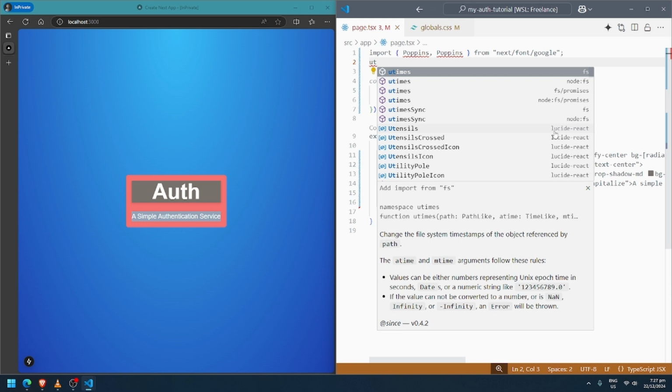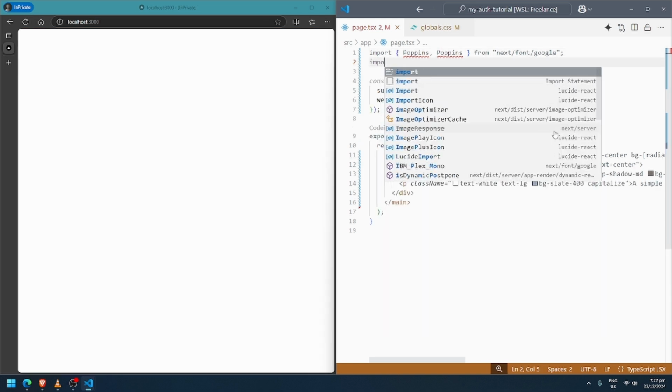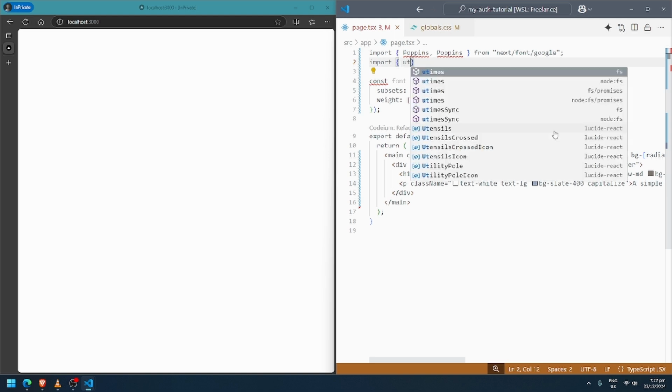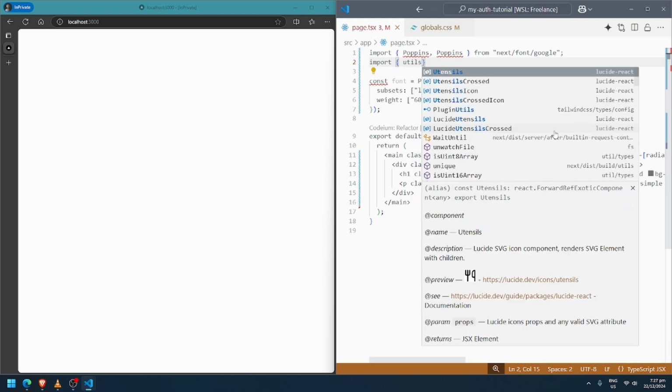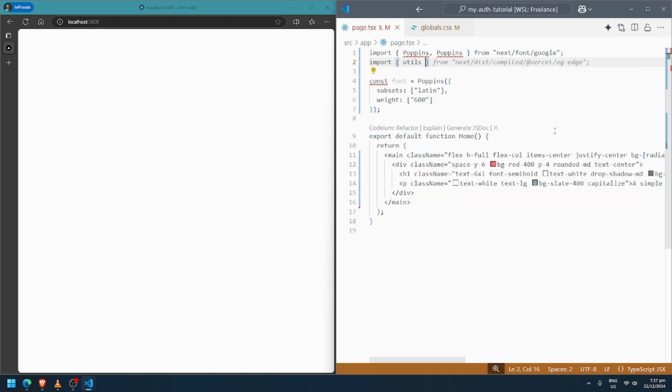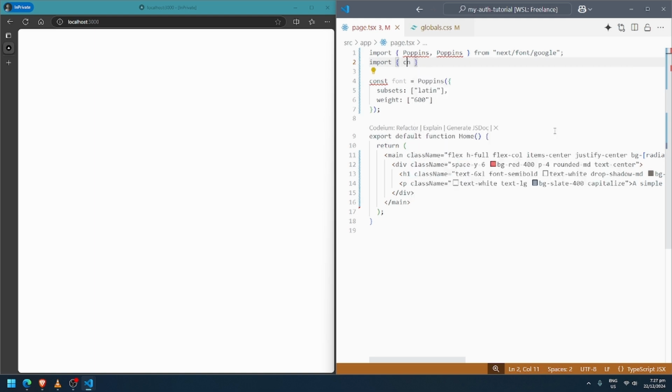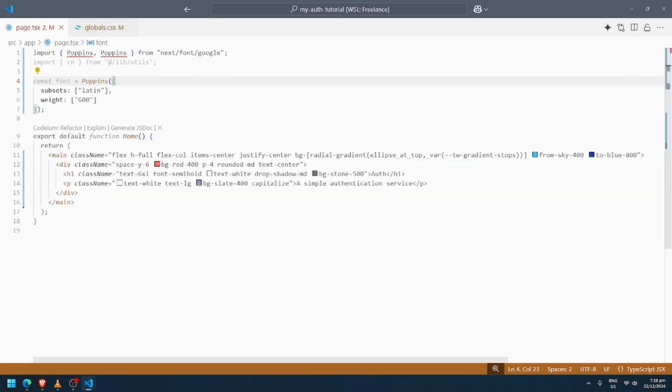And utils, let's import the cn from lib/utils. Okay, and then this class name in the h1 is for now a string.